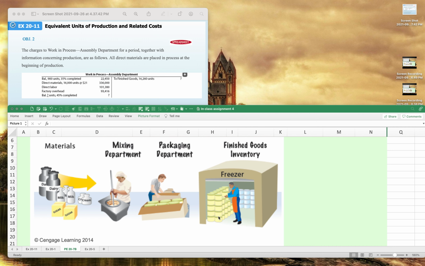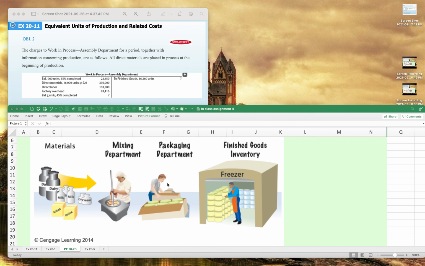The best way we do that is by looking at each department individually. You see, we can't take a look at these items individually because they're all identical, and we need a way to clearly segregate them. So what we do is we take a look at each department which receives direct materials generally in the beginning of the process, and then direct labor is added to it, and then in a conducive environment known as factory overheads, we're able to complete the process and move it on or transfer it on